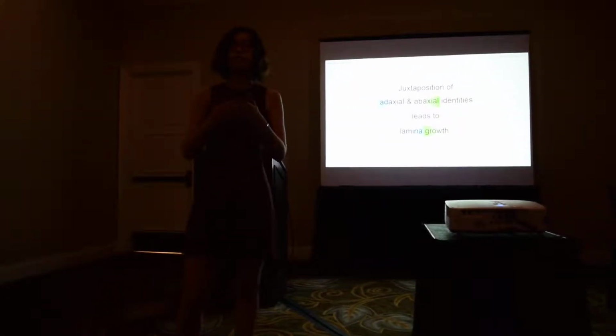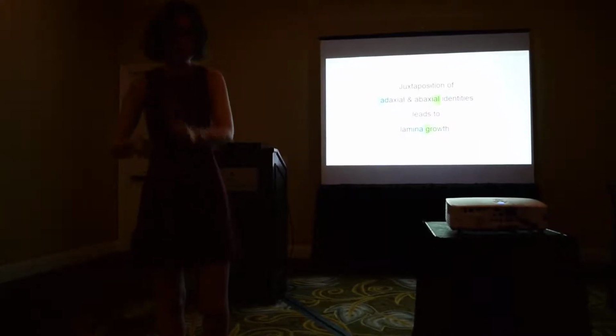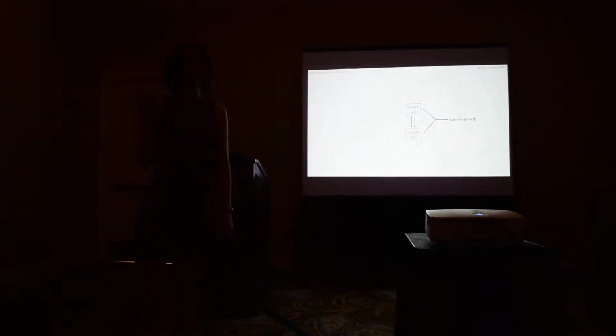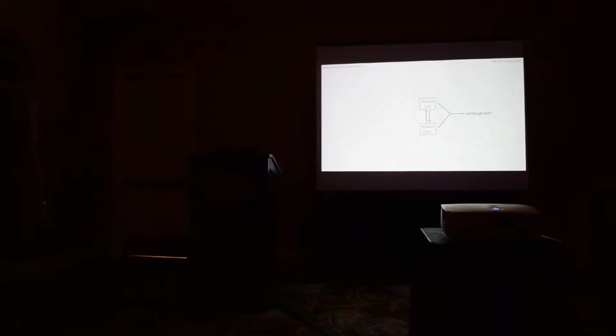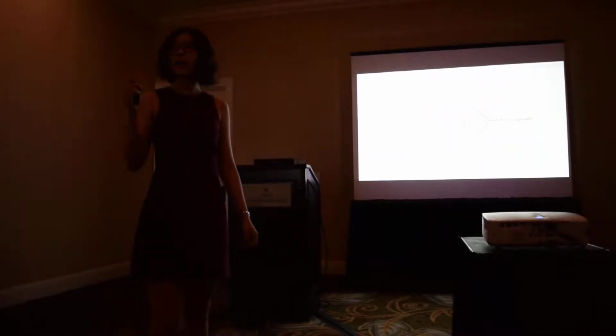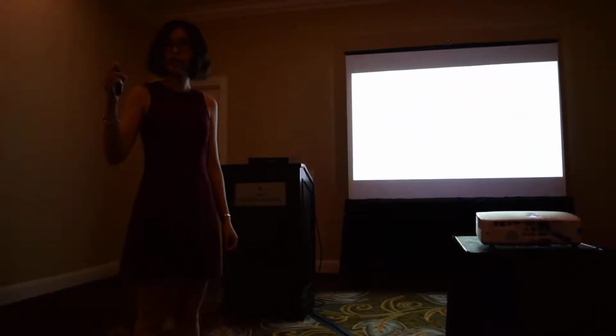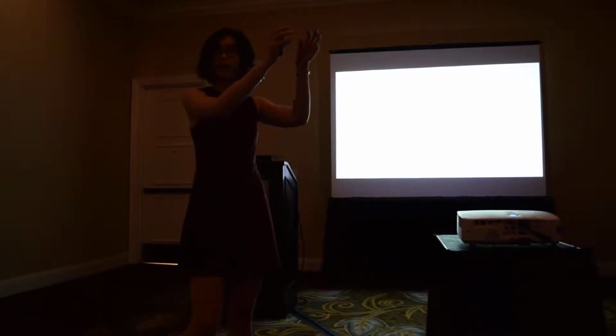In fact, many of the complex lateral organ forms we see in nature are due to the modification of the boundaries of adaxial-abaxial domains. So this is super neat. However, if you think a little bit more about this, things could be confusing. Juxtaposition of adaxial-abaxial identities leads to lamina growth. This is stated as if lamina growth is just one thing. As long as the domains are correctly there, cells on the boundary will just proliferate and expand altogether as a